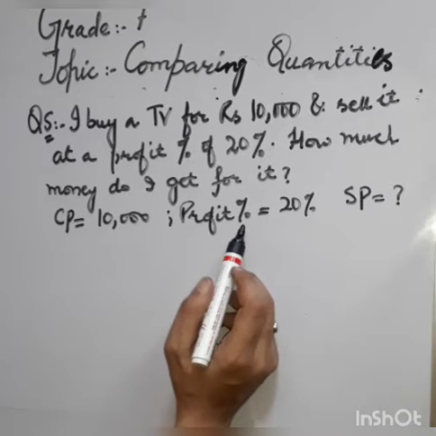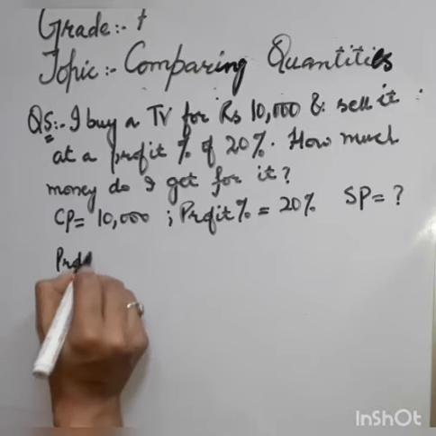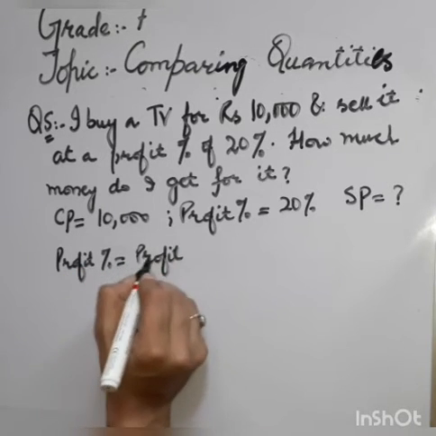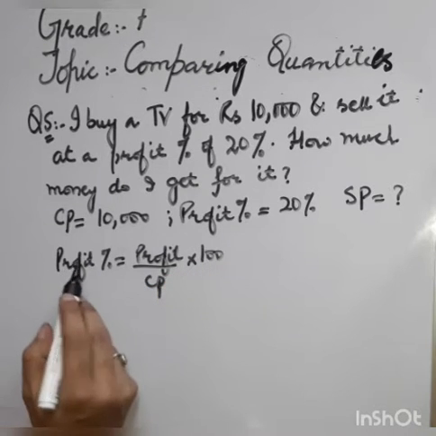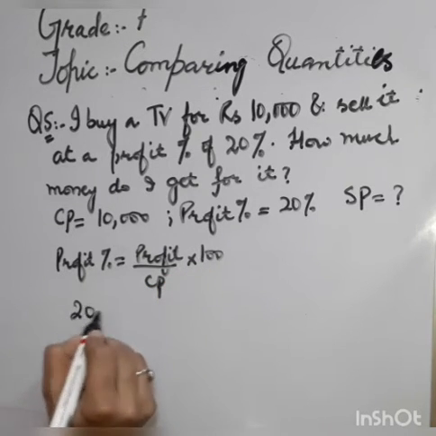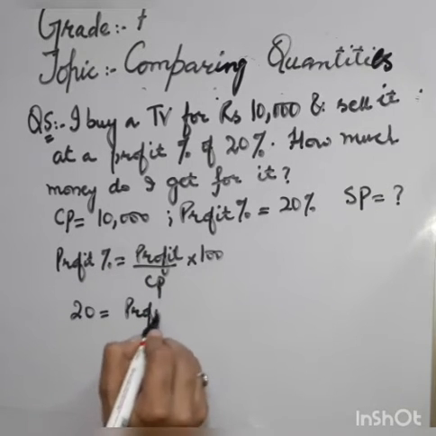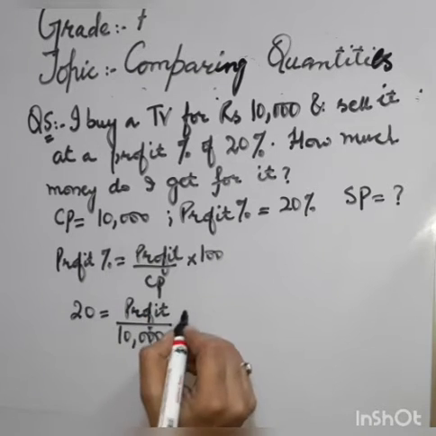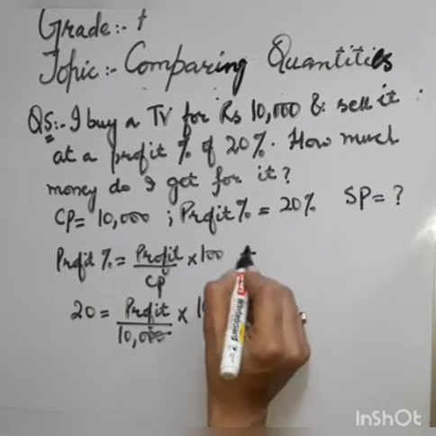Students, we know that profit percent is equal to profit divided by CP and multiply by 100. Now this profit percent is given as 20. Profit is, we have to find out profit. CP is 10,000 and multiply with 100. These two zeros and these two zeros will cancel out. So we are left with